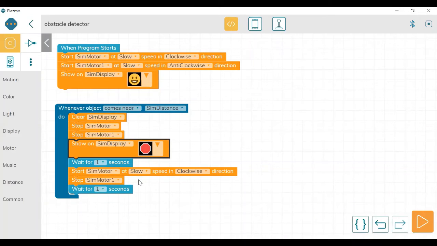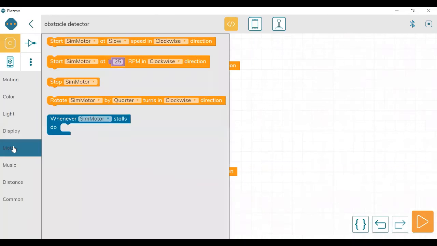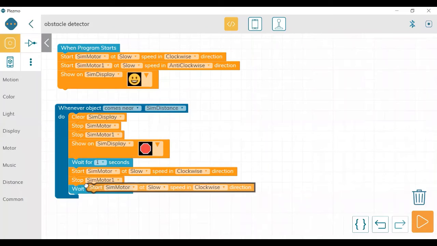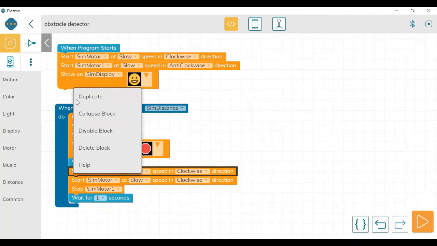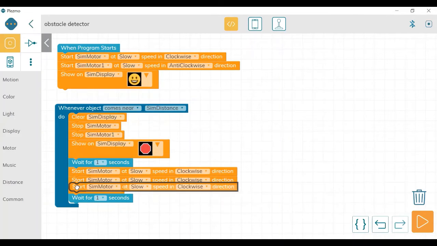Next it is taking the turn, and after some time, before taking the turn, we have to go backward a bit also. So that is also missing. So we will go again here. Again I'm going to duplicate the things.